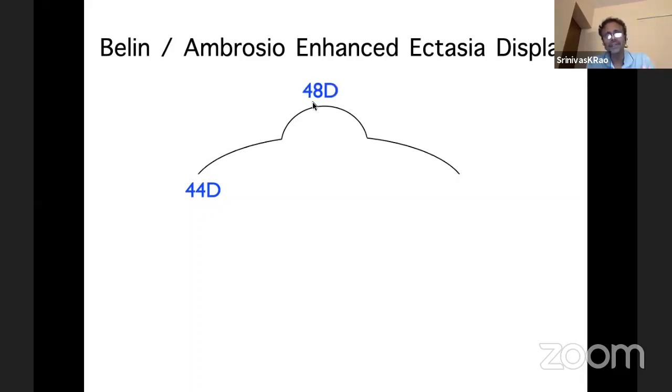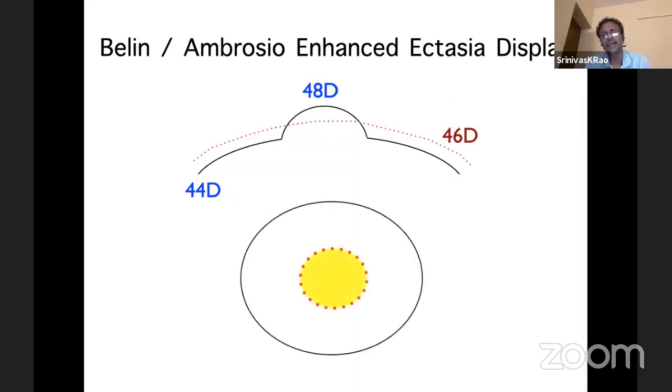When the machine wants to look at these elevation data, it draws what is called a best fit sphere. And I told you in the beginning that the purpose of this sphere is to stay as close to all the constituent points as possible. So in this crude example, we will say that it is 46. It wants to stay as close to 48 and 44 as possible. So it's about 46. In the context of this reference sphere, the bump is now 2 diopters elevated. So when you look at the map, it will show you that there's a 2 diopter elevation.